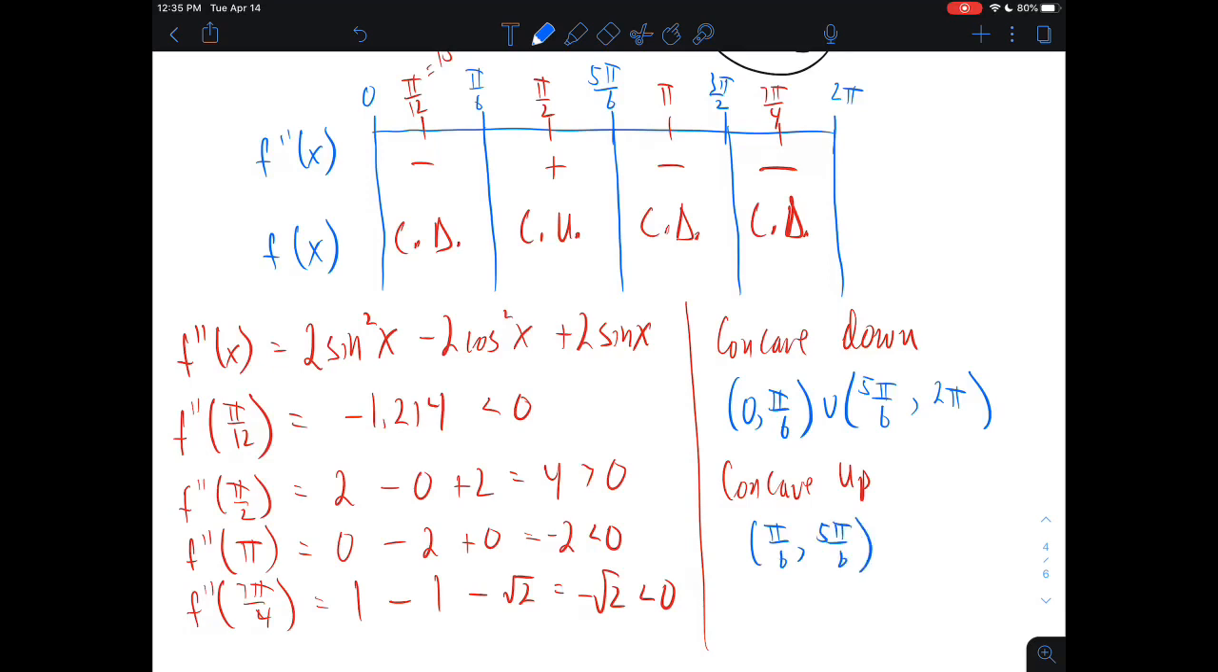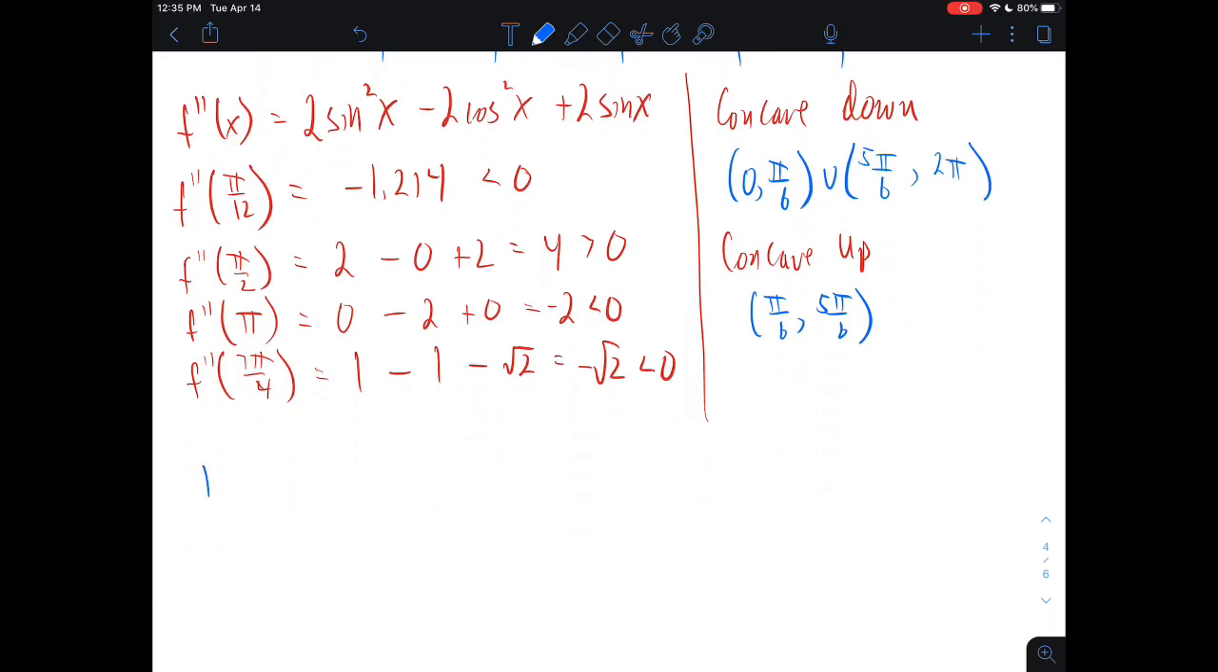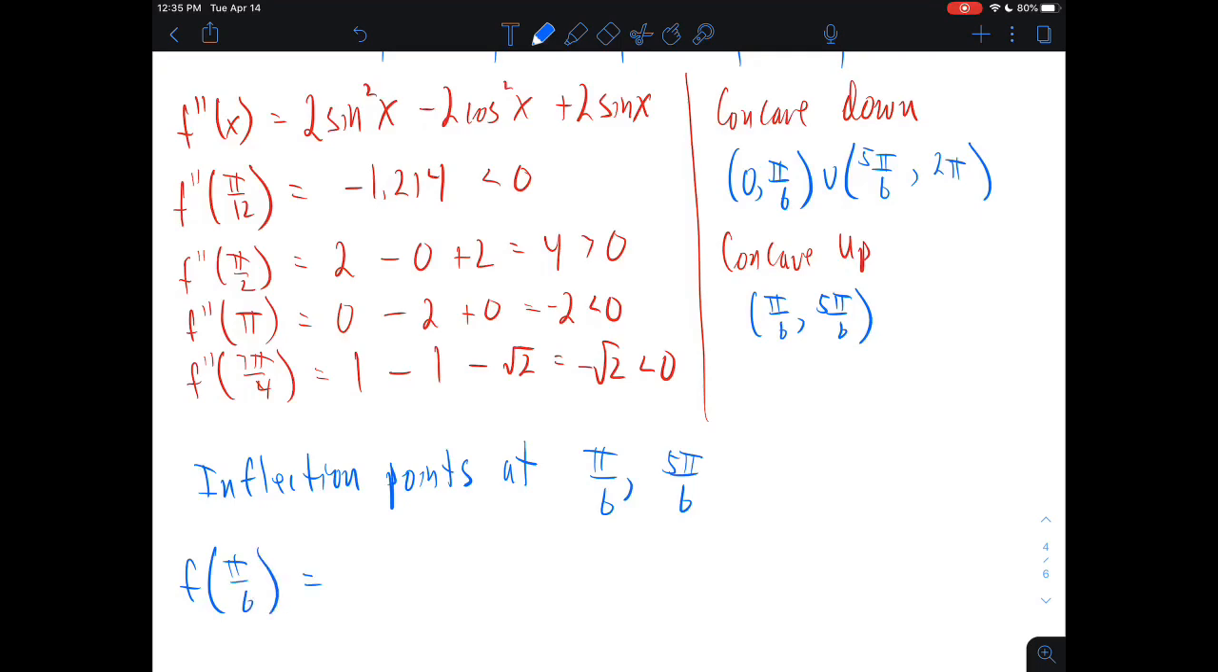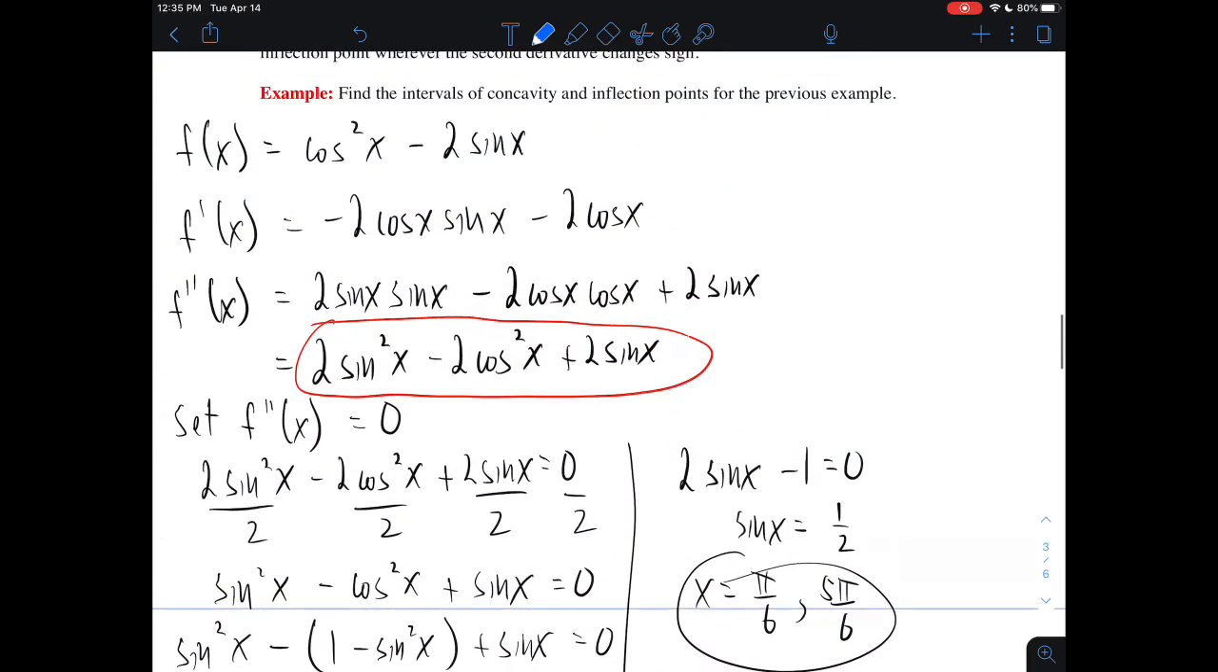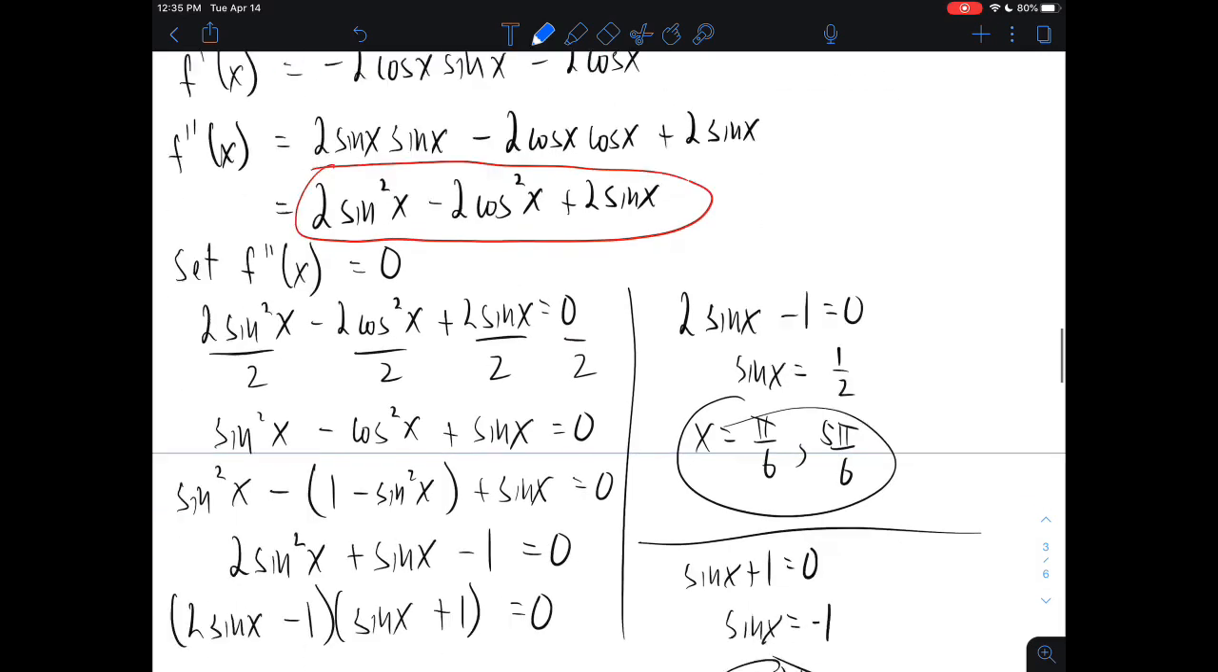Inflection points happen when there's a change in concavity. So there's an inflection point at pi over 6 and also at 5 pi over 6. And just like we did with maximum and minimum, we should plug those into our original function to see what the values are. So the original function evaluated at pi over 6, again going back to our original function, cosine squared x minus 2 sine x,